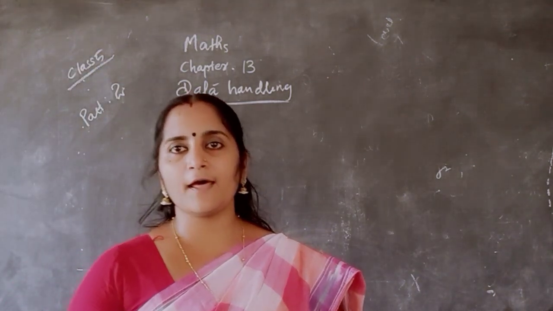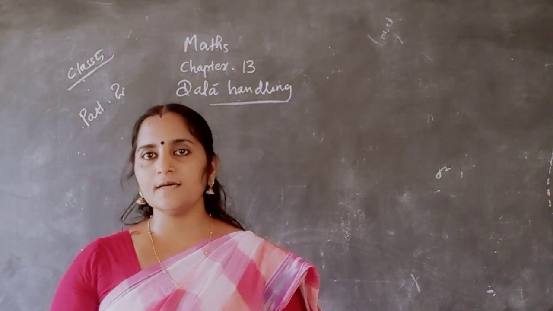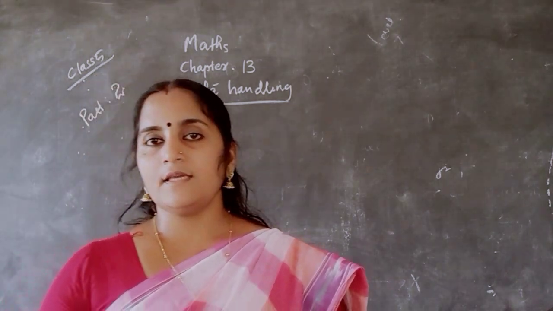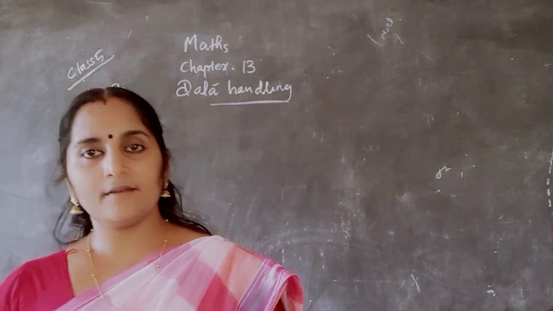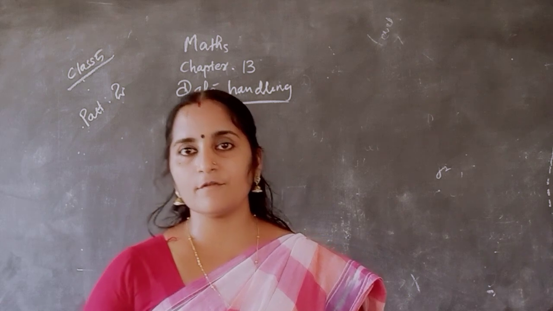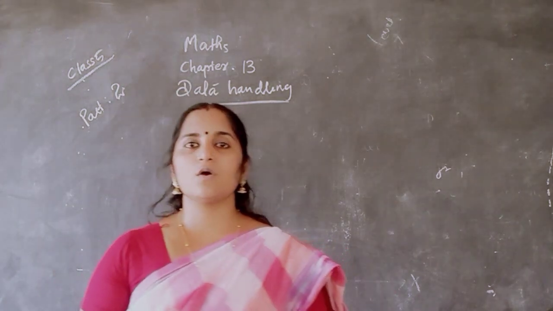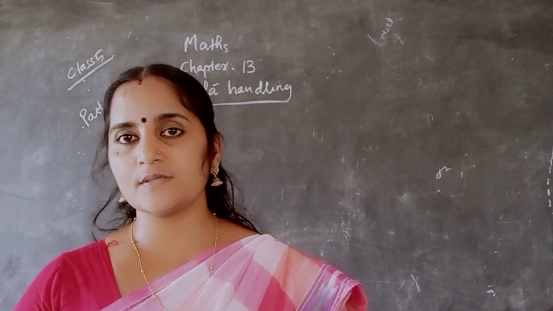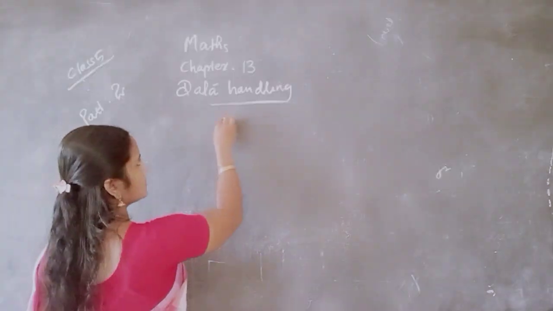In the first part we discussed the bar graph, how we draw the bar graph. Hope all of you understood it. And if we have a huge data, then how can we represent it? It is not possible to draw the bar graph, or pictorially it is difficult to represent it. So in this case we use another method to represent the data and it is called tally marks.